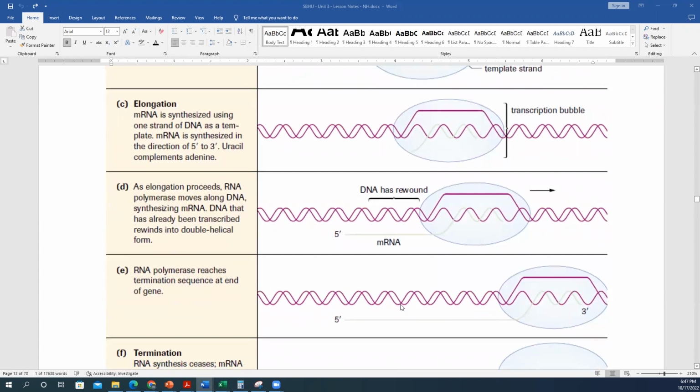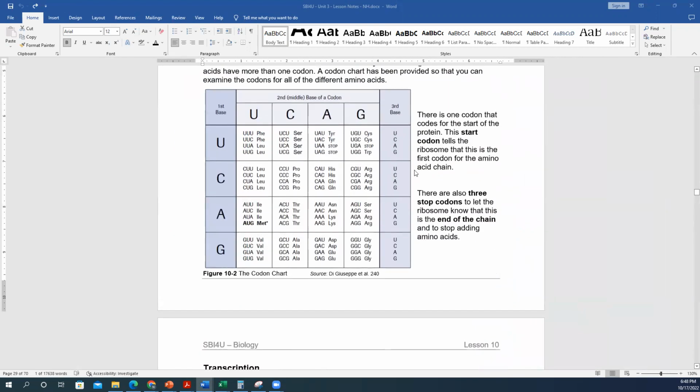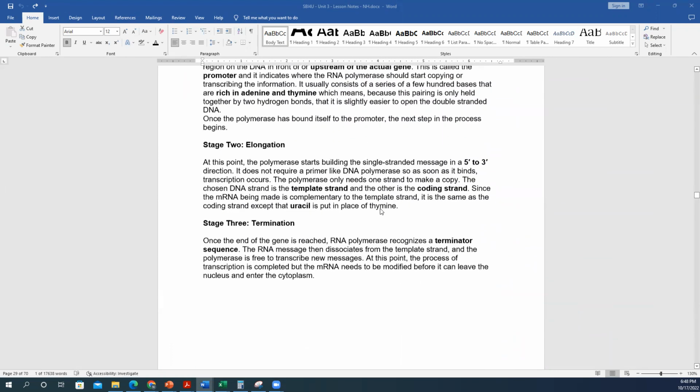So this brings us to termination. As the DNA is transcribed, as polymerase is reading down, once polymerase reaches one of those 3 termination codon sequences that we talked about, so any of those 3 stops, once it encounters one of those,